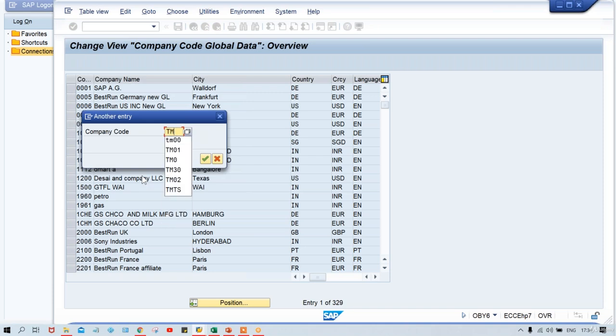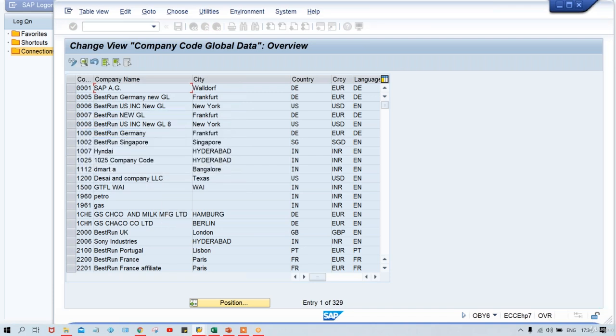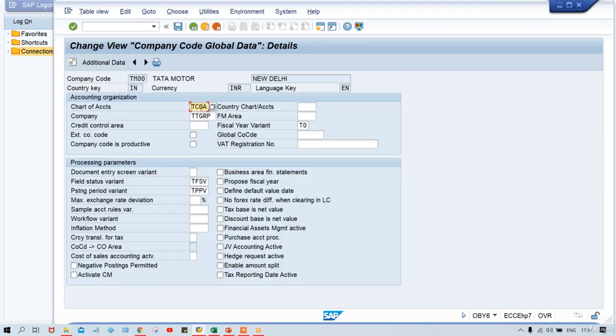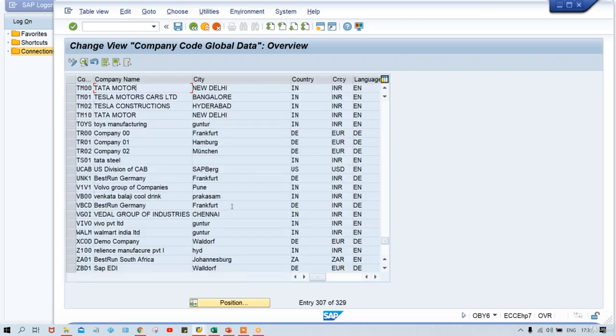What is happening is that at one place itself, you can see multiple assignments. Look at here. Here you can see this is your chart of account. This is the company. This is the fiscal year variant which we have assigned. This is the field status variant which I have assigned. This is the posting period variant which I have assigned. Right? This is how at a single place itself you can see all the assignments. Okay, so even you can use this OBY6 also. Here also certain control is there, guys, but